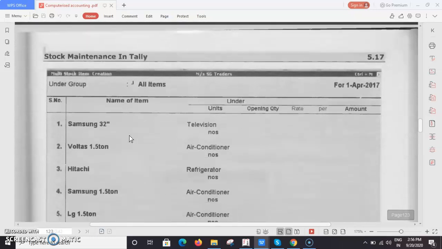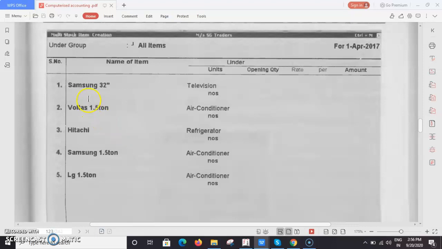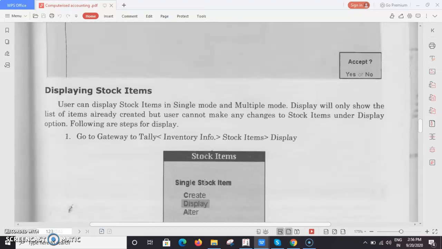See here, Samsung 32 inches under television, Voltas 1.5 ton under air conditioner, Hitachi refrigerator, Samsung 1.5 ton under air conditioner, LG 1.5 ton under air conditioner. All this comes under stock items.